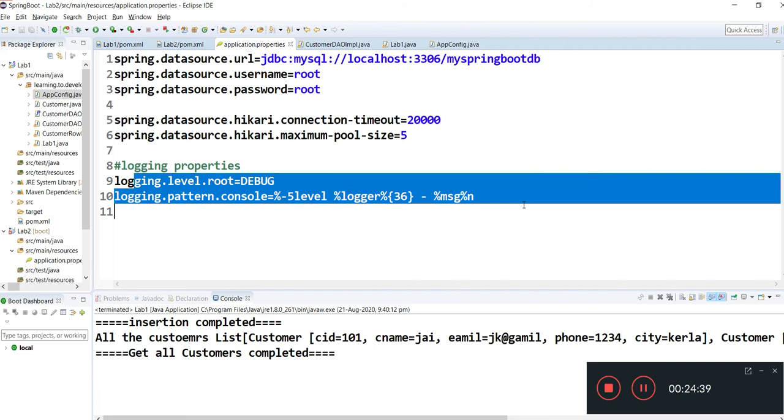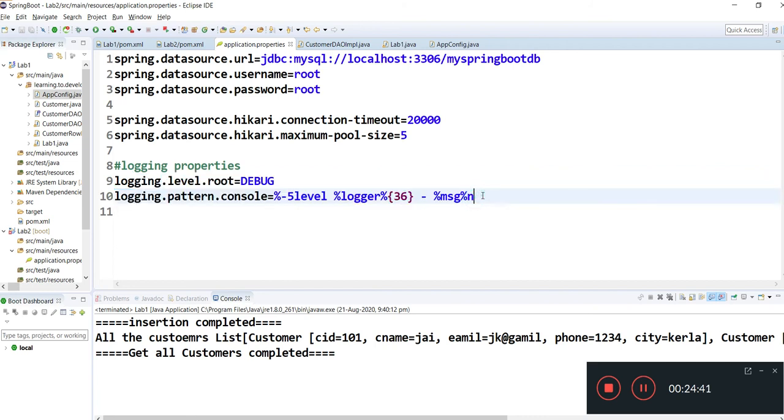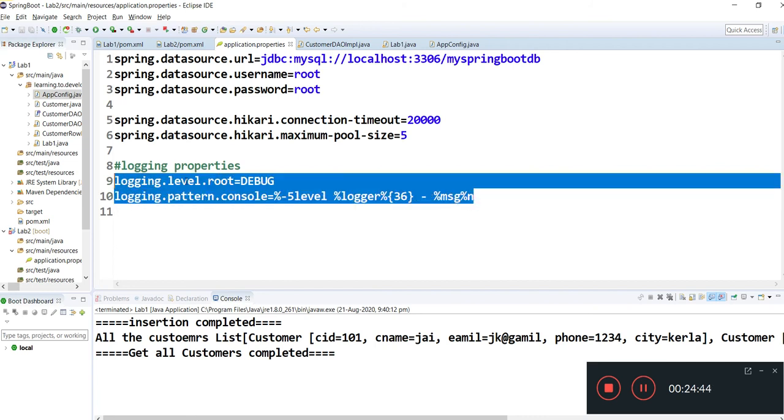If you are not aware of this, I will explain these logging related properties in my upcoming sessions. So do not worry about this logging.